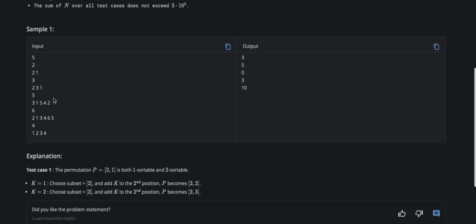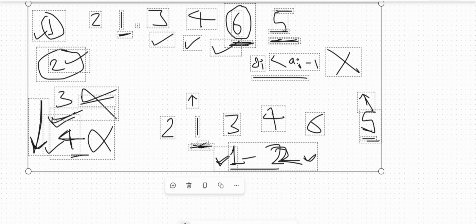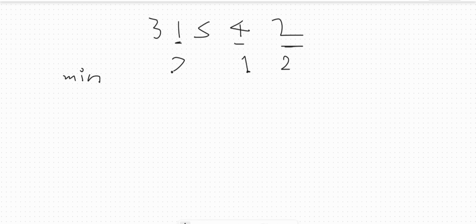For example, we have 3 1 5 4 2. So what is the minimum value that we have to increase? So here we can see it is decreasing, here it is decreasing, and here it is decreasing. Here the difference is 2, here the difference is 1, and here the difference is also 2. So at minimum we have to increase by 2, right? So what is the starting value, the minimum value? So the minimum value here